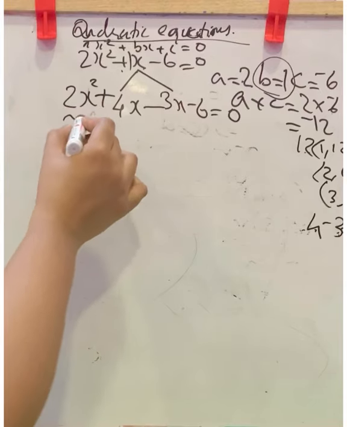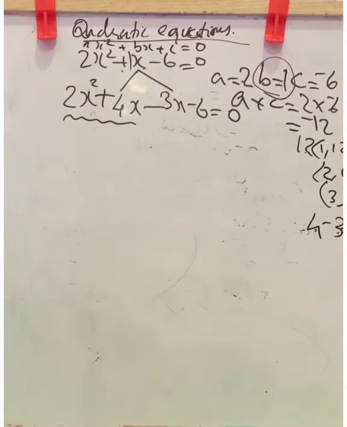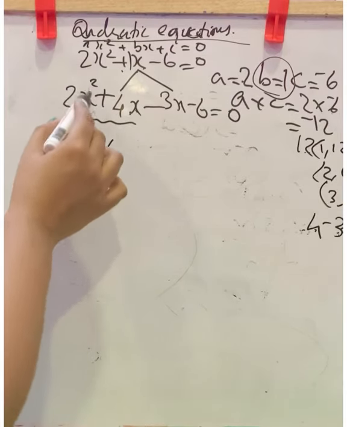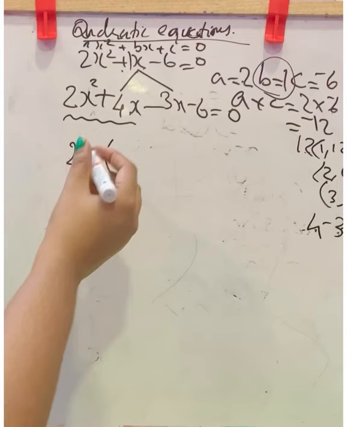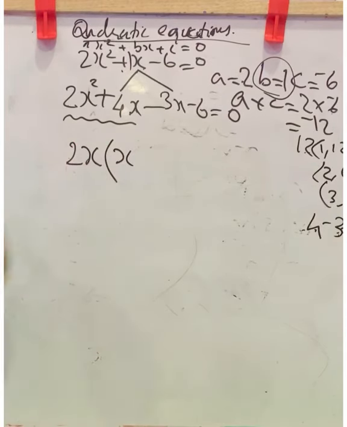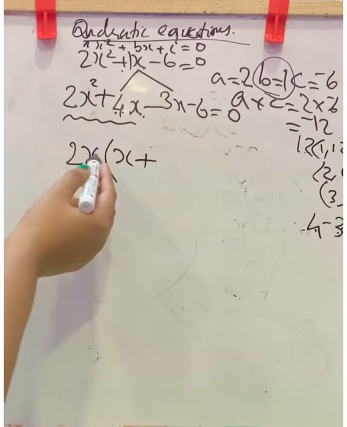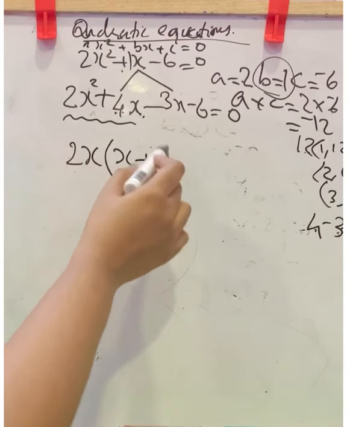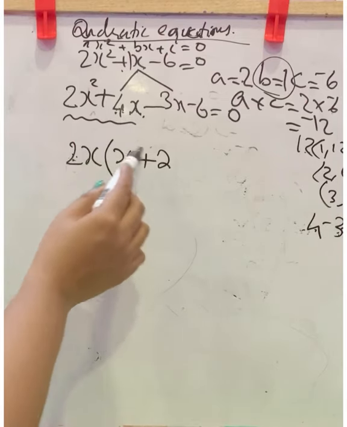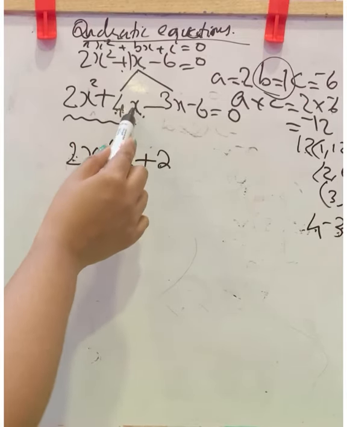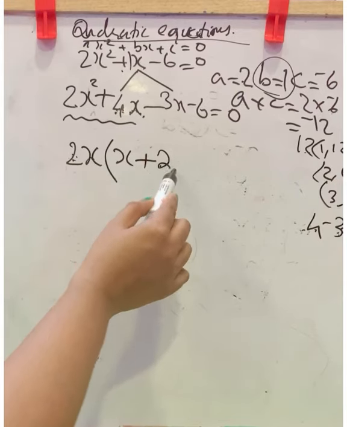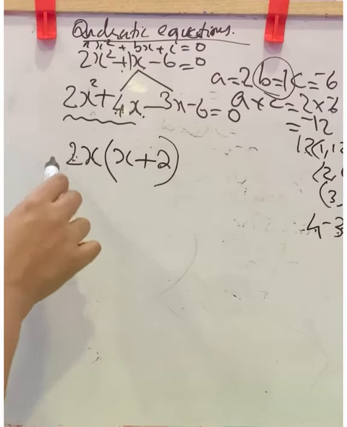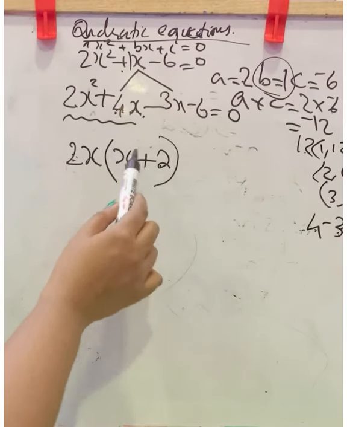Now, next is from these two terms you have the common factor 2x. In these two terms we have 2x. From 2x square, 2x is taken outside. Here will be x. Plus from 4x, 2x is taken outside. 2x into what is 4x? 2. That is from 4, 2 is taken, 2 twos are 4. Now 1x is there, that x is already taken outside. So no x in this term. Close the bracket. So from these two terms, if we take 2x as common factor, here in the bracket we will get x plus 2.